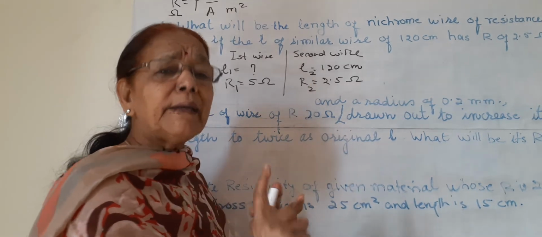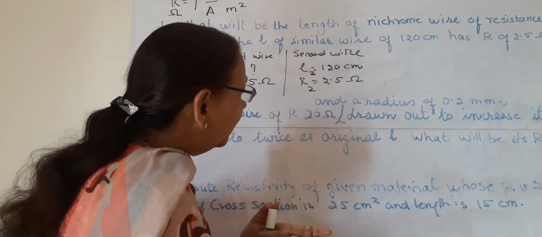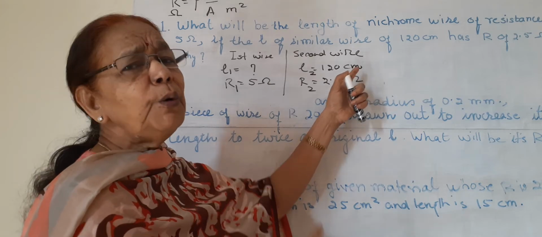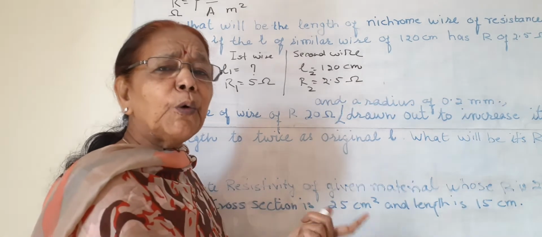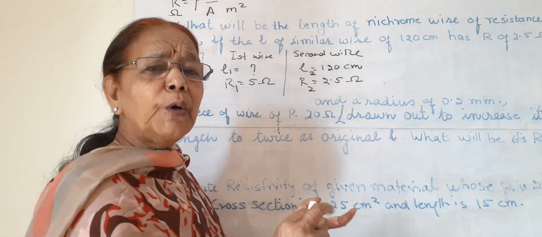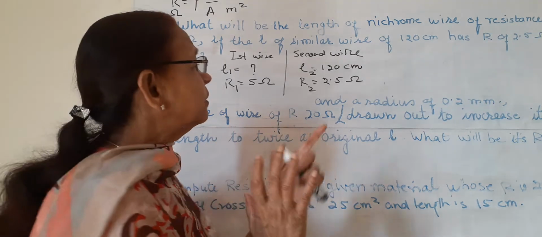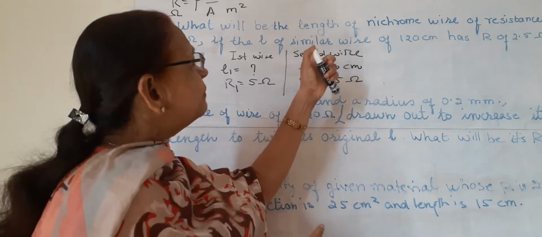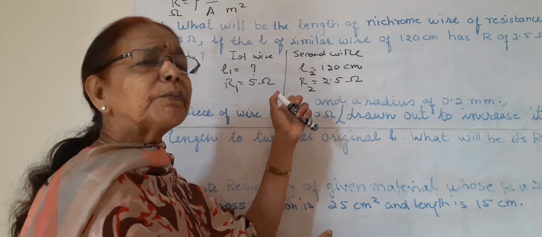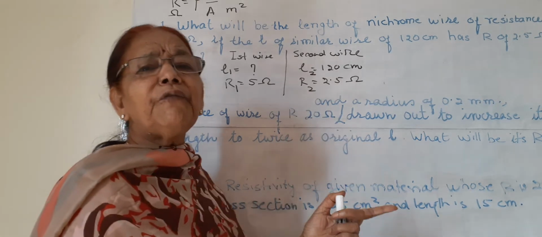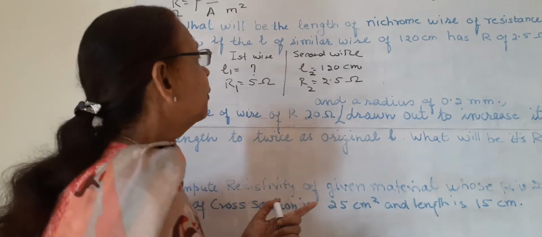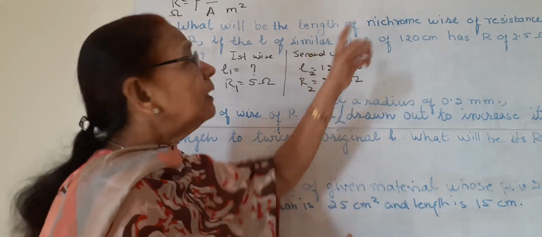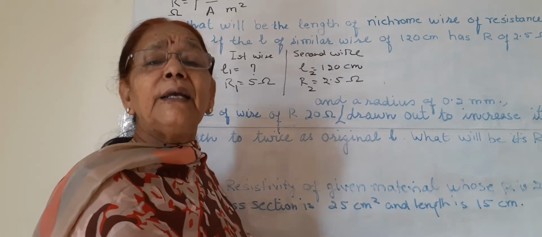When we calculate the ratio of two resistances, we don't have to convert centimeters into meters, because in both it will be the same and in a ratio there are no units. So we don't have to change this, and if the resistivity is the same, it's okay if we don't write it in the formula. So these are ratio numericals. Most of the numericals in the resistivity series are ratio numericals.